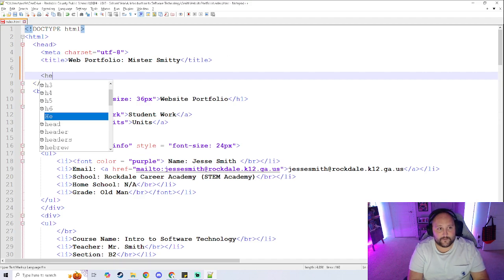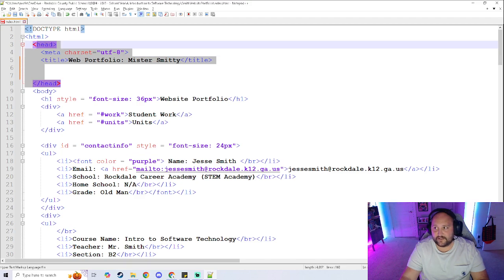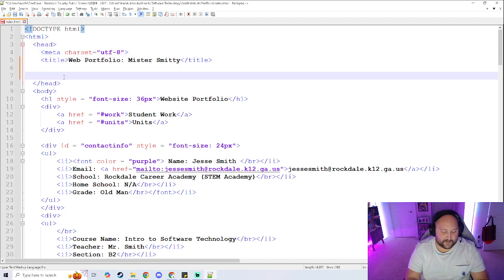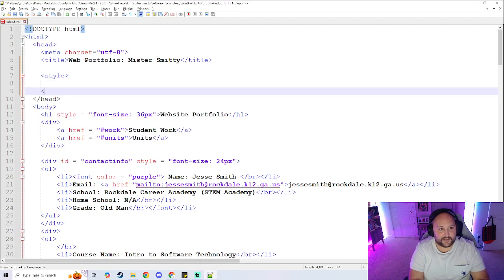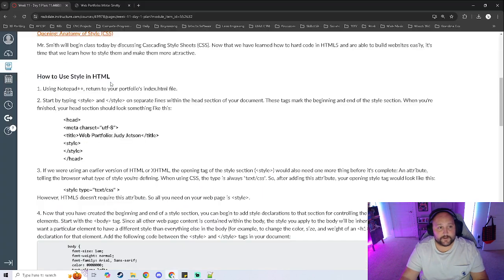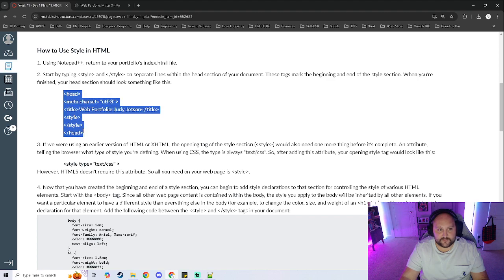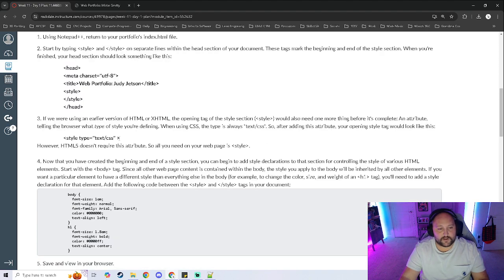So head is up here. I'll highlight it so you can see it. This is the head. We are going to create a style tag, and then under it, a closing style tag. All of our style is going to go here. See, I put it in here so you can see it too. But we are going to start by doing